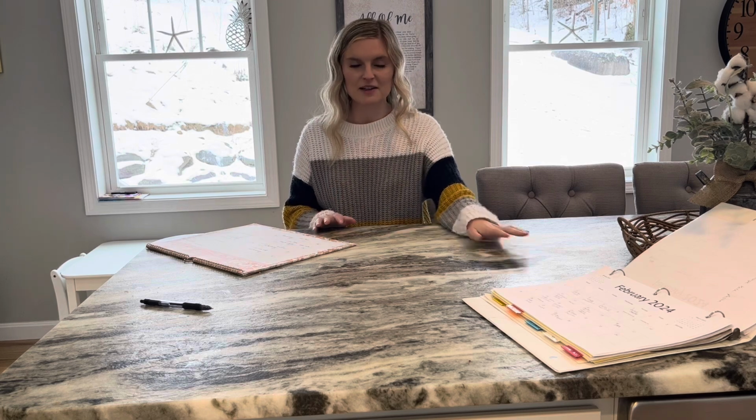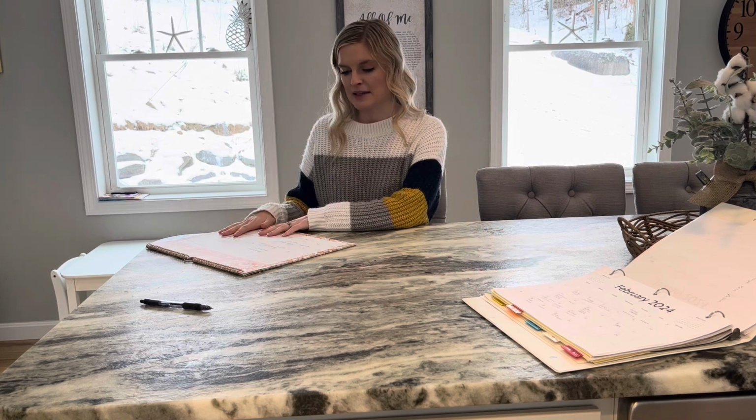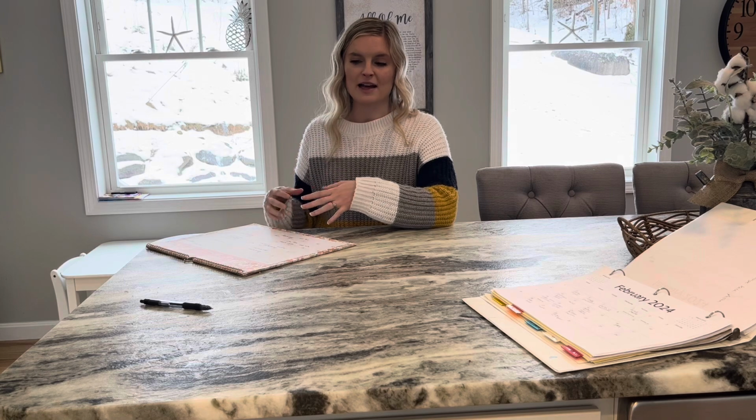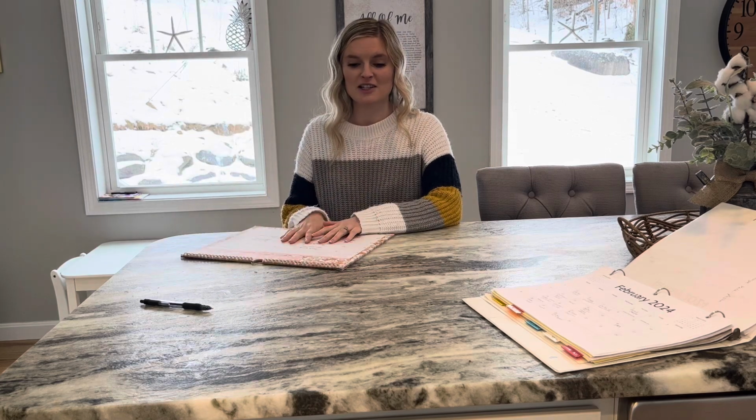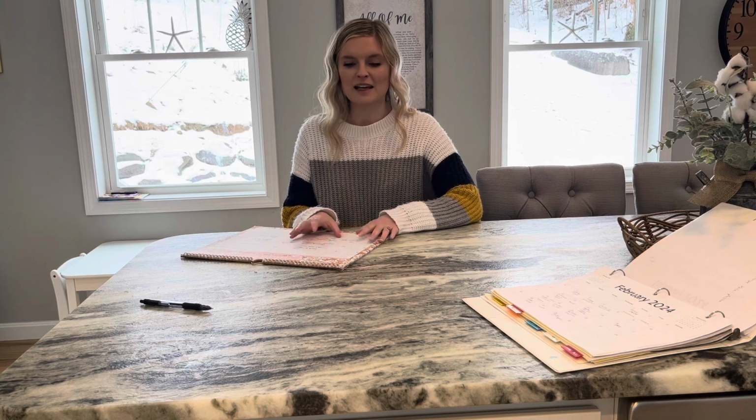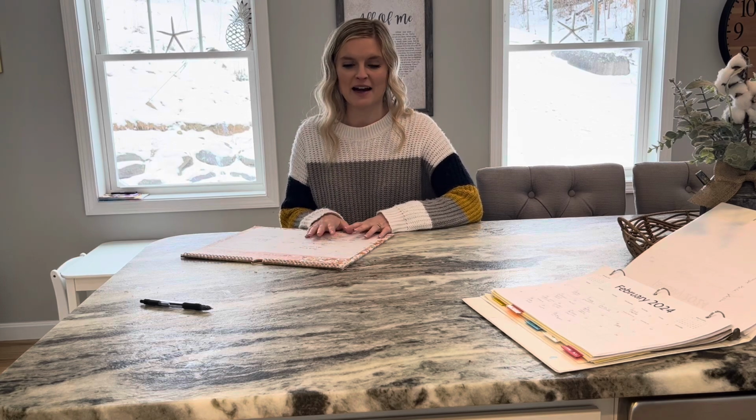So just like our meals, plan it out for the month. I plan my month ahead, try to get things organized, just keep me as organized as possible. So I figured I'd just share this with you. Hopefully this gives you some ideas, motivation, and inspiration, or if you are kind of stuck in a rut and not knowing where to go, hopefully this will be some good, useful tools for you to use to make yourself a monthly plan that isn't too hard, that only takes a couple minutes, and really helps set you up for a successful month ahead. And then with this calendar as well, I can look back and see where I was at,